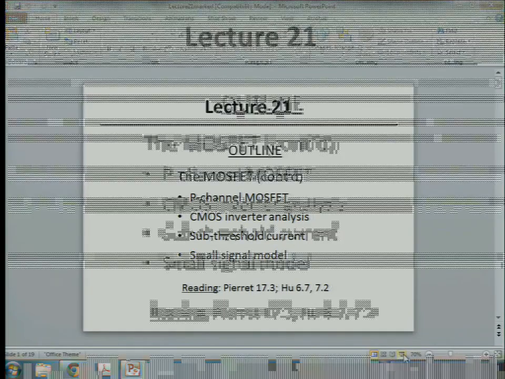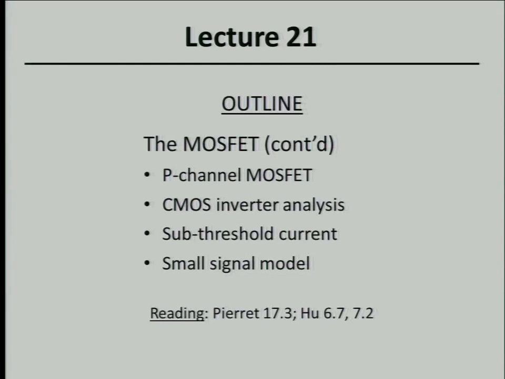So now we're going to talk about complementary MOS technology, where we have both N-channel and P-channel devices. We'll review P-channel devices very quickly here, and then go back to the CMOS inverter to see how it's used, first as a digital logic device or circuit. The small signal model is really relevant if we want to use MOS transistors for amplifiers, amplifying analog voltage signals. The analysis we're going to do here is more relevant to digital logic applications, but then we'll also touch upon